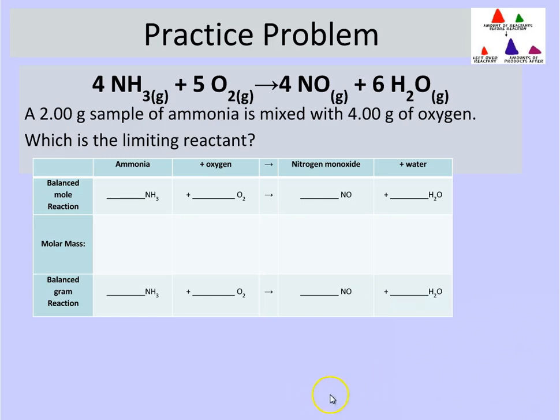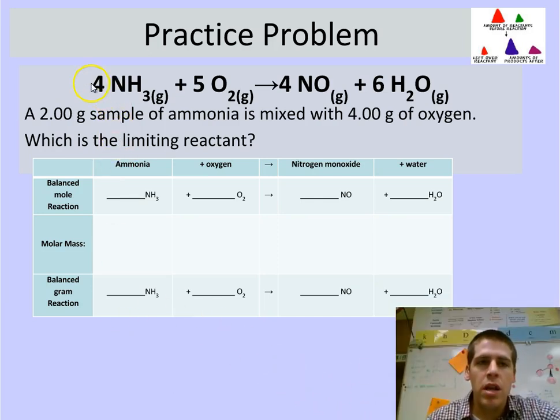So let's look at an example. Here we have our balanced equation. So this is in moles, right? And we have 2 separate givens, right? Anytime, write this down because this is where people get confused a lot. If you have two givens, you're going to have to do two calculations. Two givens, two calculations. We have a 2 gram sample of ammonia, that's the NH3, and 4 grams of oxygen, that's